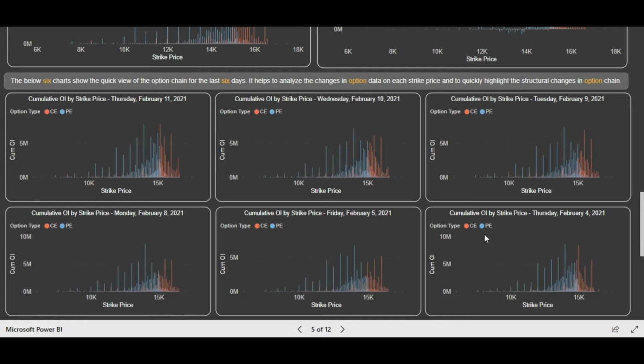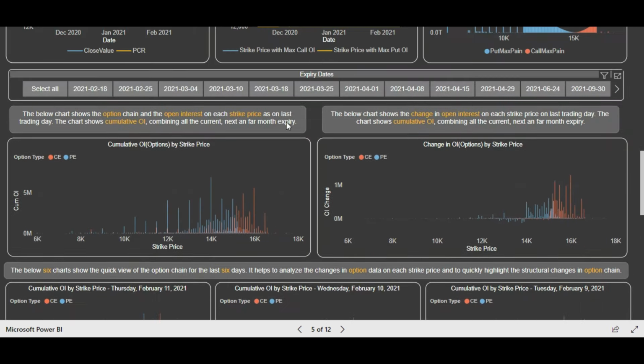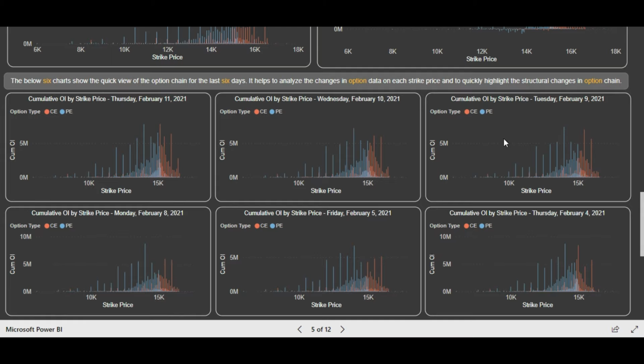The 7 days give you a clearer picture of how the open interest in different strike prices is changing, and you can see this in one view. If we had provided a date filter and you had to select different dates, that would not have added much to the user experience because you would have to switch between dates. But now, with just one glance, you can quickly see how the option chain is changing. In this way, you can make more effective trading decisions because you can analyze in detail, in one view, how the put writers are writing at a particular strike price, and at which strike price the support level is shifting. It can be easily seen in one view only.